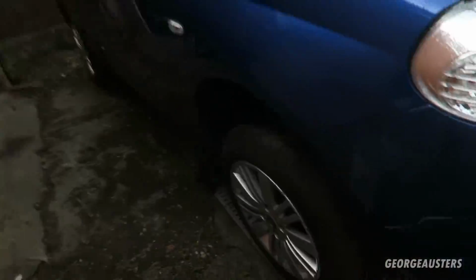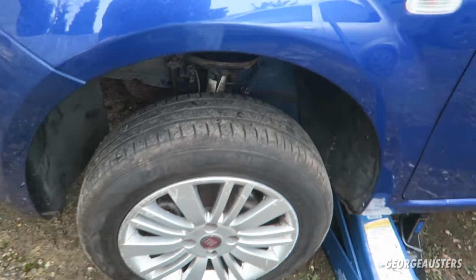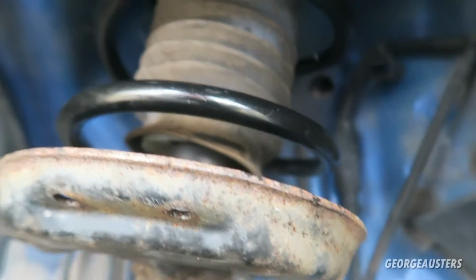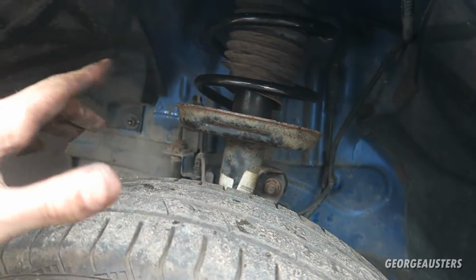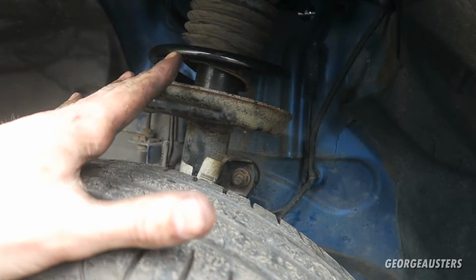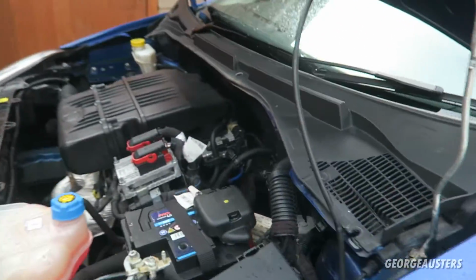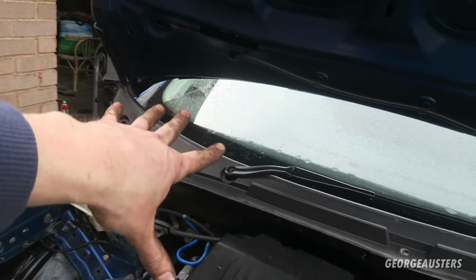Okay then, so just a quick little update. I have got both of the wheels back on because I've fitted this side spring as well, so it's nice and shiny and new. Obviously this side was a lot quicker because once I knew exactly how to do it, it's literally just copying this side, and obviously I didn't have to film this side either. Wheels back on. There's still the scuttle panel and a bit of trim that needs to go back on, and the wiper arm to go back on, but I'm going to be doing all that